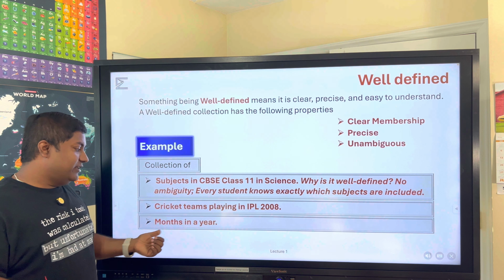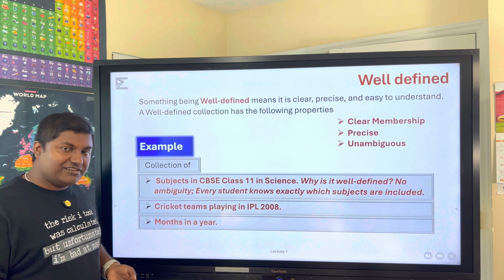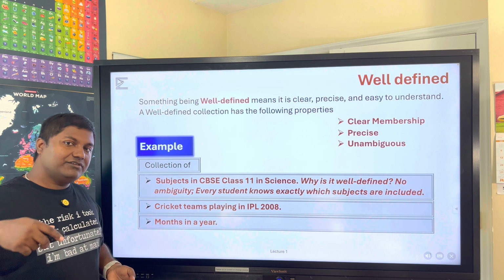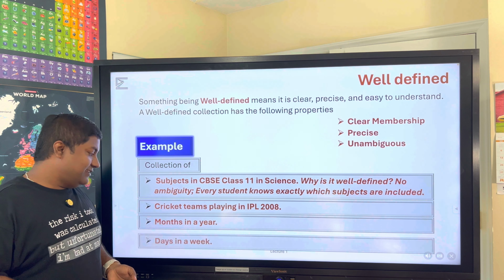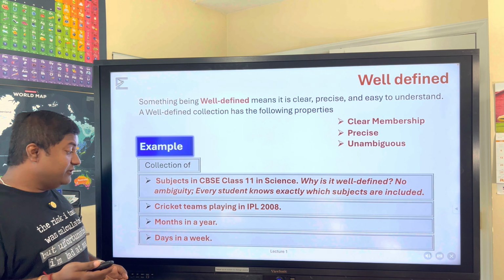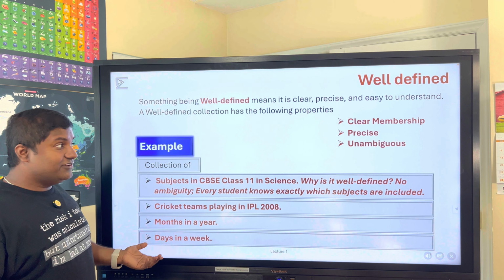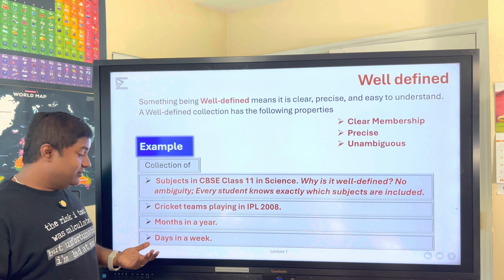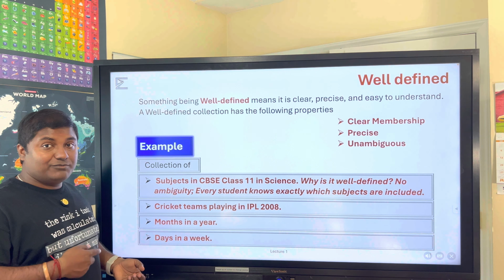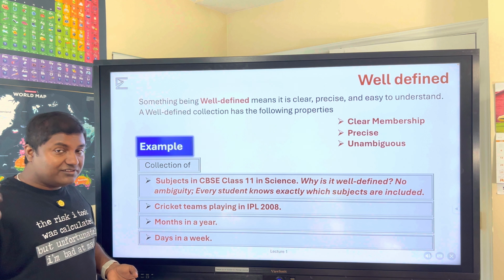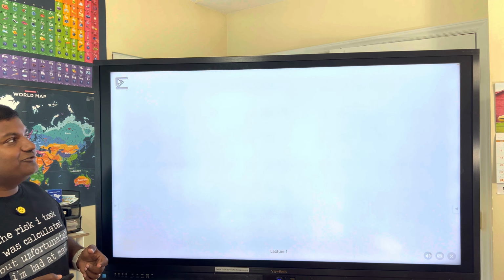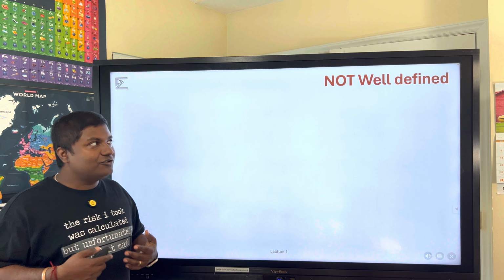Similar example, months in a year. Everyone will give you the same answer starting from January, February, March up to December. Same if I ask you to write days in a week. It is unambiguous, precise, and we know which elements will be its members starting from Monday, Tuesday, Wednesday up to Sunday. Now we are going to see the example of not well-defined collection,